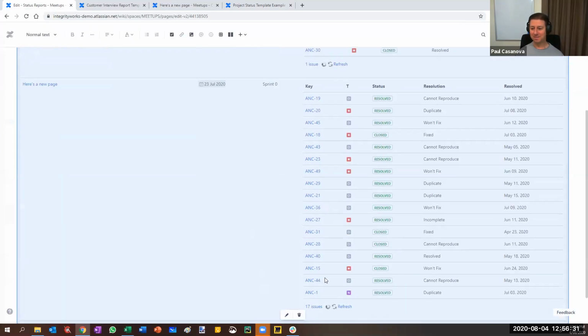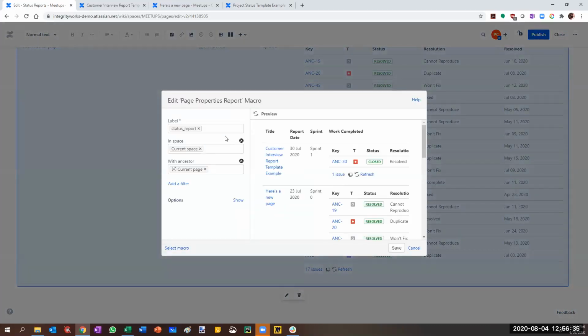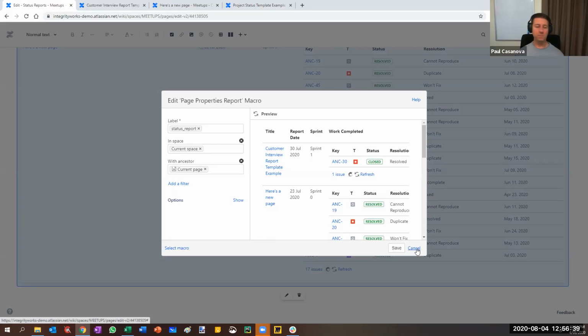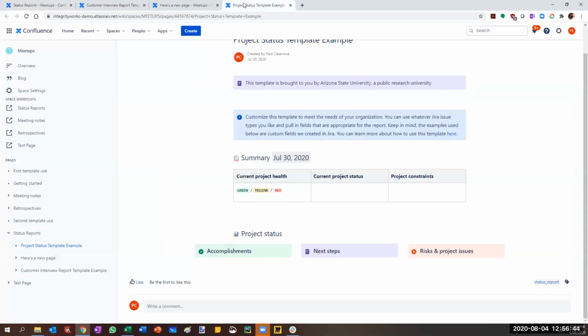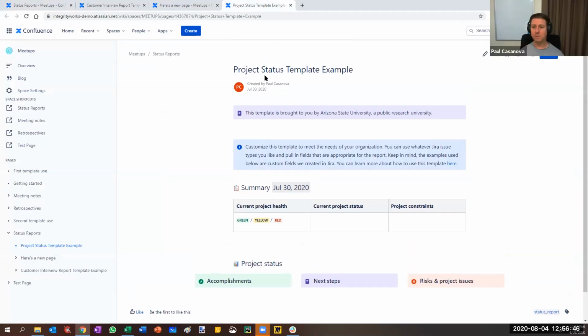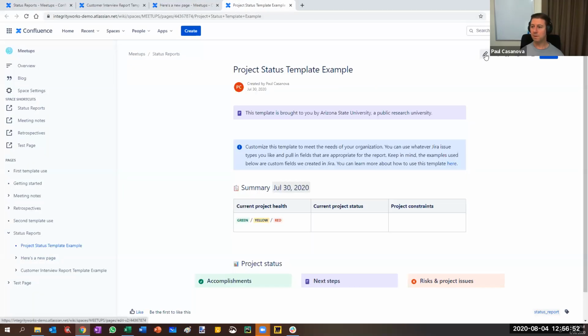Now if I edit, let's say, just try adding the other label also. I think I know why it's not appearing. It's because of the table. It doesn't have a table up here. I think that might be it. So we've got report date, sprint, and work completed. If I add that table in here,